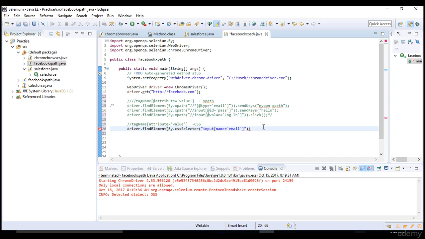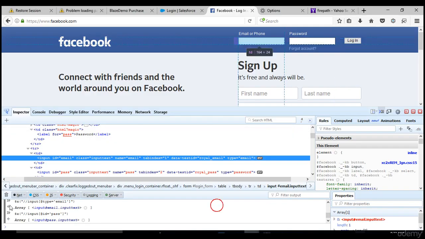That's it. Dot send keys, my own CSS. Okay, you see that: tag name, attribute, value, but skip the @ and slash as per its syntax. Let's quickly cross check from our browser just to make sure you are doing the right thing.